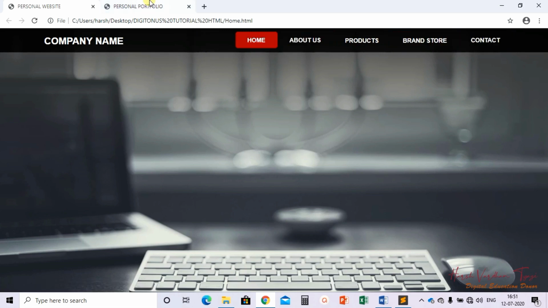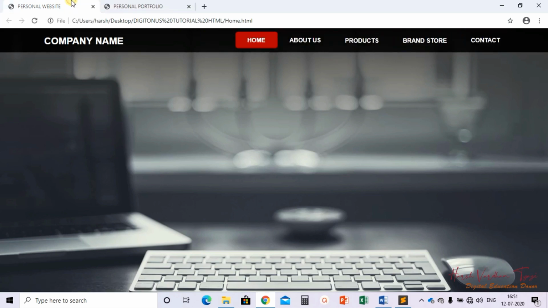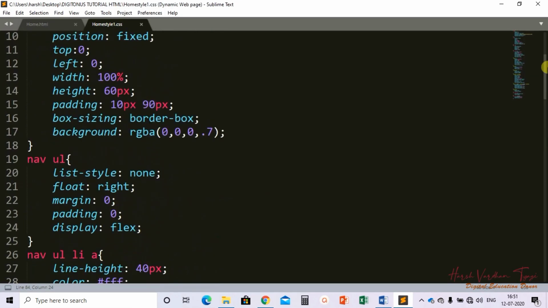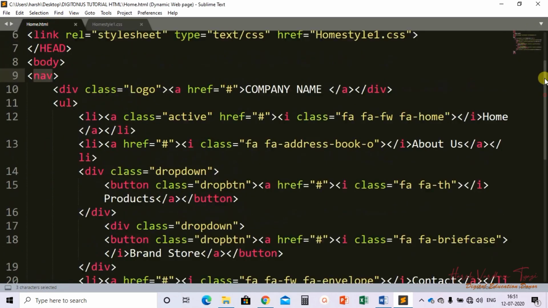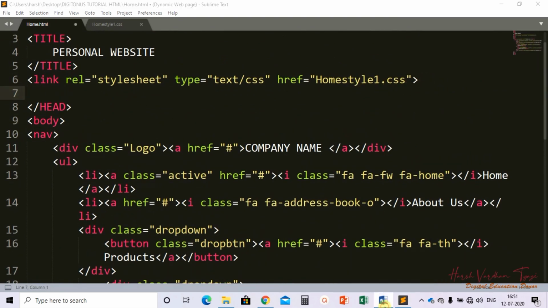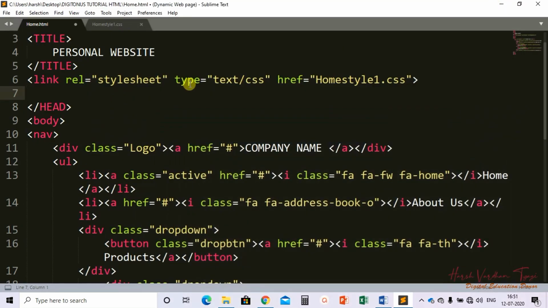Fine. Now the last thing that is left, these icons. The last part left, that is the icons. How to insert these icons? So these icons, what we need to add is a CSS file, that is an inbuilt CSS file we need to link, and we will link it here only after this CSS file. So that is already written here, so I am just copying it and pasting it.